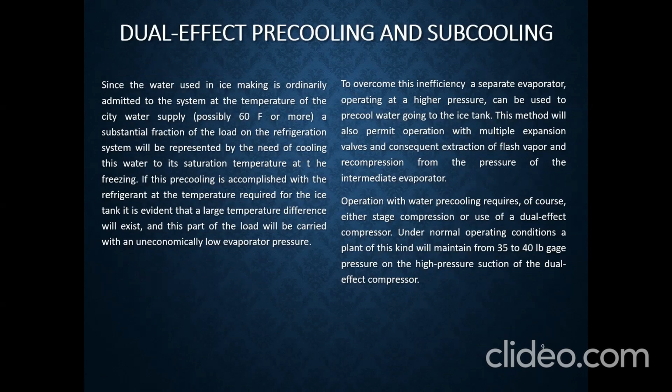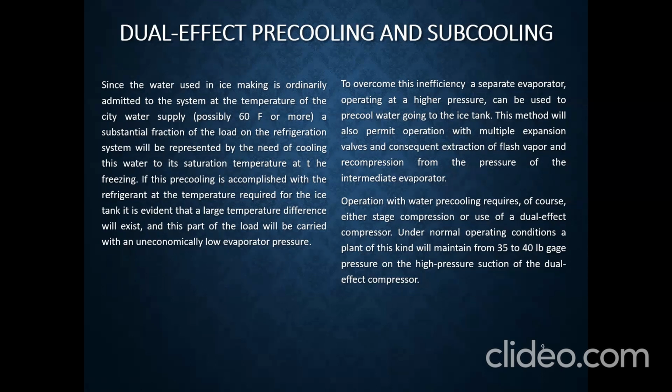Since the water used in ice making is ordinarily admitted to the system at the temperature of the city water supply, possibly 60 Fahrenheit or more, a substantial fraction of the load on the refrigeration system will be represented by the need of cooling this water to its saturation temperature at the freezing. If this pre-cooling is accomplished with the refrigerant at the temperature required for the ice tank, it is evident that a large temperature difference will exist, and this part of the load will be carried with an uneconomical low-pressure